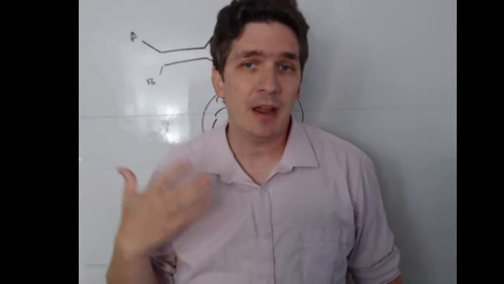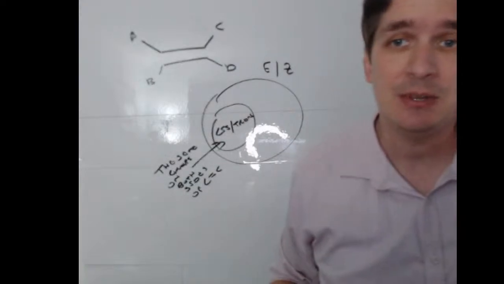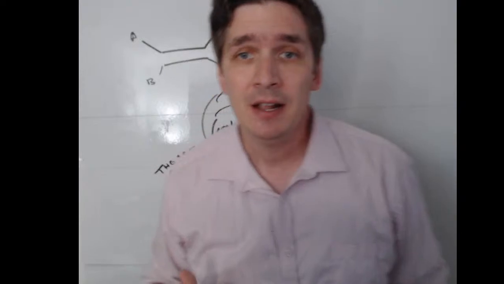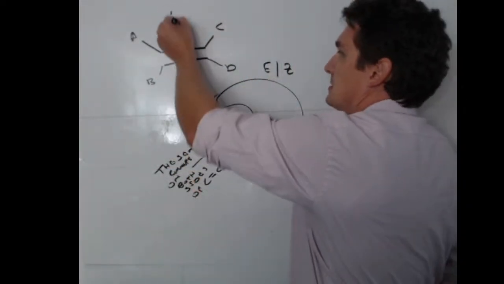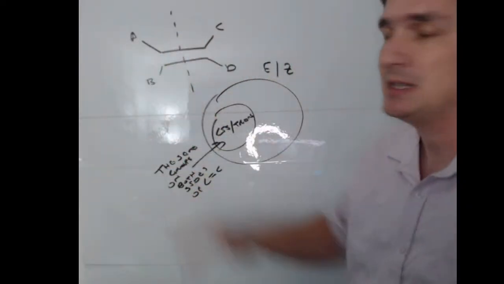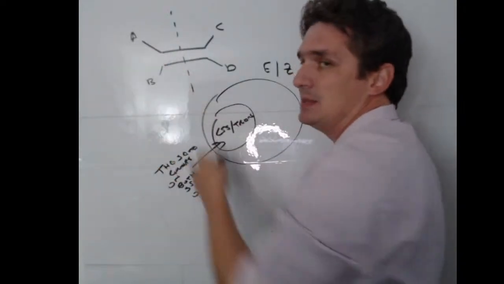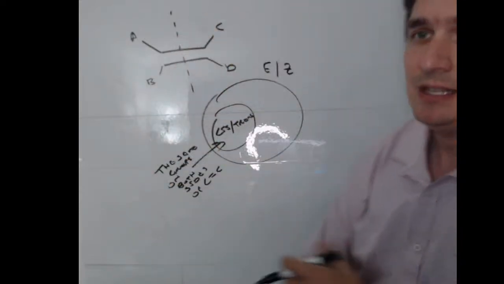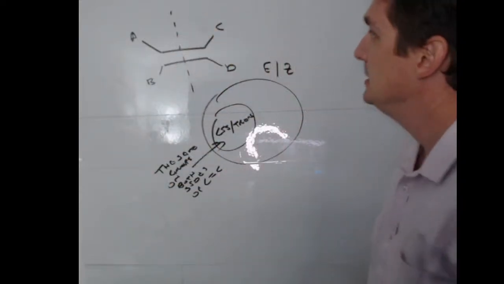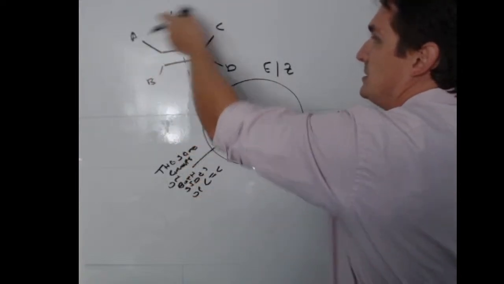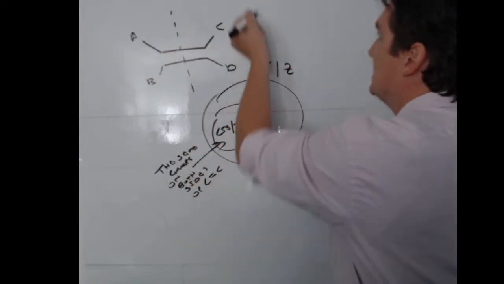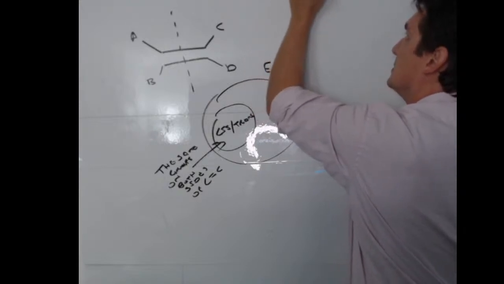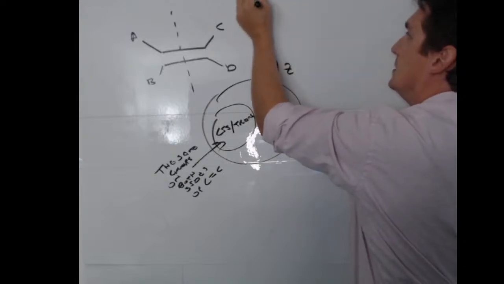So E/Z works by the Cahn-Ingold-Prelog rules, the CIP rules. Those are the same ones you use to assign R or S. With the CIP rules, you look on both sides of the bond and assign a priority based on atomic weight, branching, the same things we did for R and S. And then for the C and D side, we do the same thing. And if the highest priority groups are on the same side,